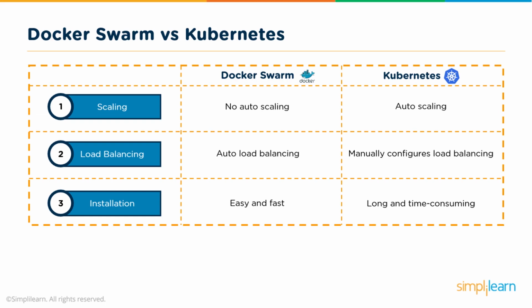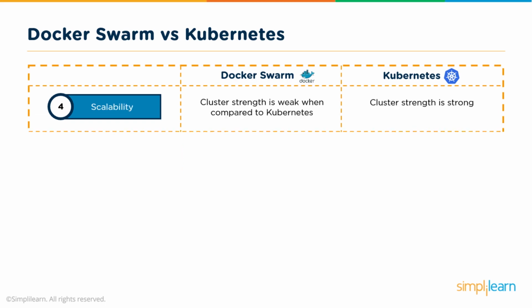Kubernetes, on the other hand, the configuration of Kubernetes, the way to spin up a big cluster specifying the size of the node, how many master nodes, how many control planes, how many nodes you want, is a pretty tough thing to bring up. Scalability. Kubernetes' strength is very strong. They are very tightly coupled, and they even have the capability where the cluster size or the nodes can be increased on the fly based upon the requirement.